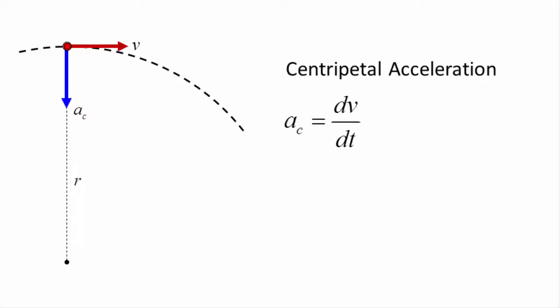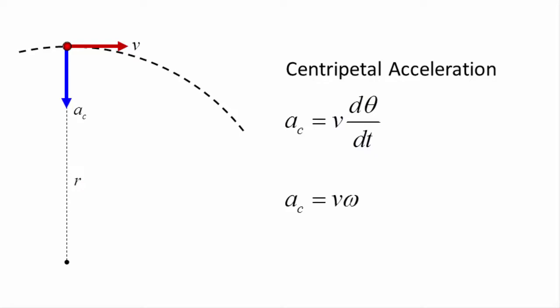Acceleration is defined as the change in velocity divided by the change in time. In uniform circular motion, the magnitude of the velocity remains constant while the angle changes with time. So the centripetal acceleration is written in terms of the rate of change of the angle with respect to time. But since the rate of change of the angle is called the angular speed, then we can define the centripetal